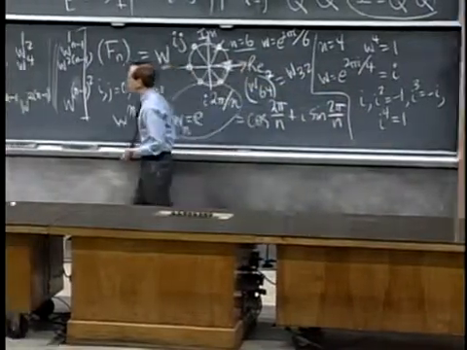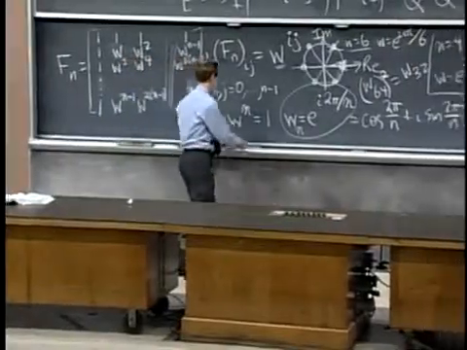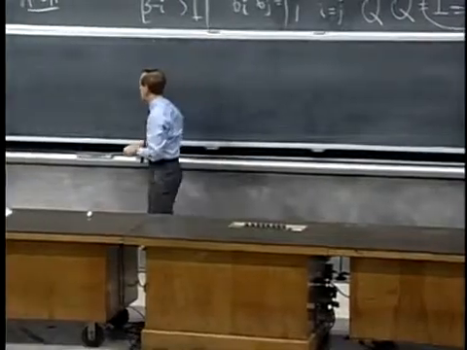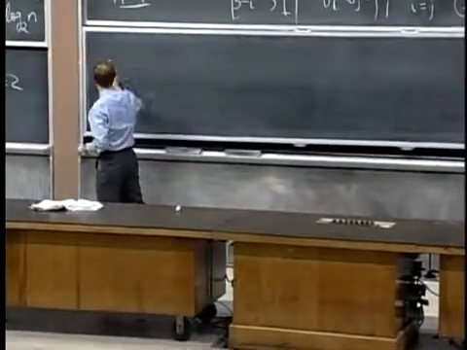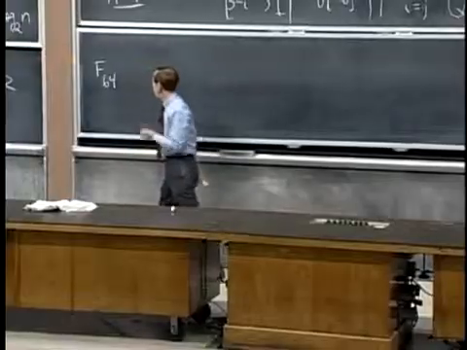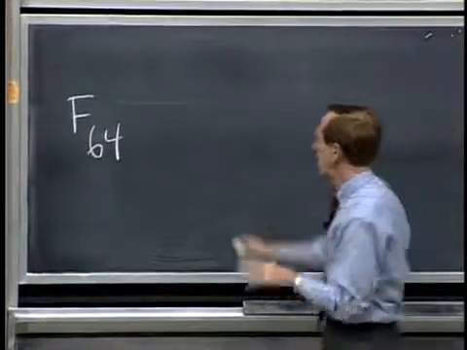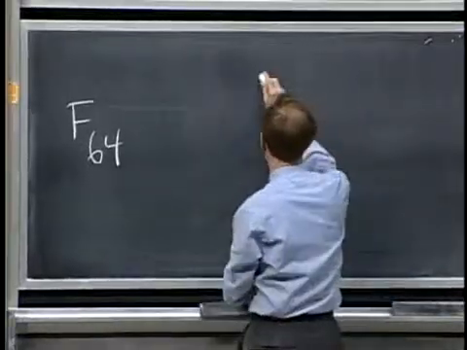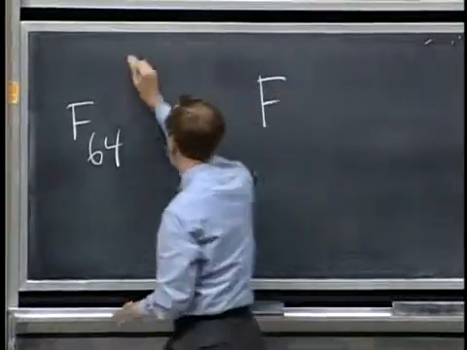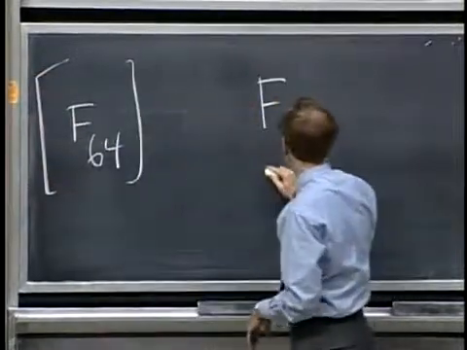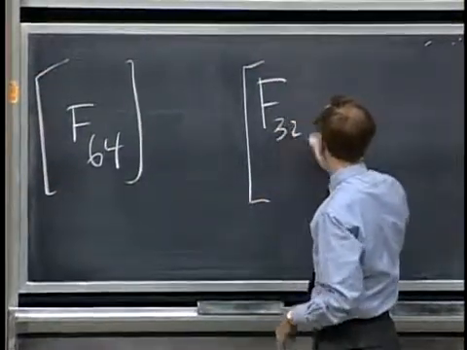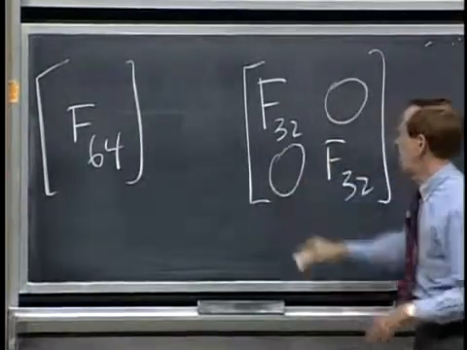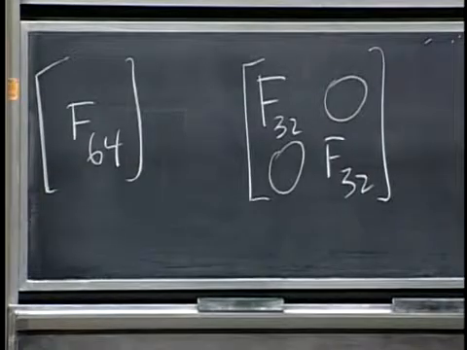Let me go back. I'll do it here. Here's the connection. F64, the 64 by 64 Fourier matrix, is connected to two copies of F32. Let me leave a little space for the connection. So this is 64 by 64. Here's a matrix of that same size because it's got two copies of F32 and two zero matrices. Those zero matrices are the key,